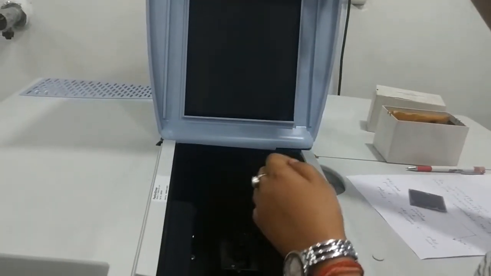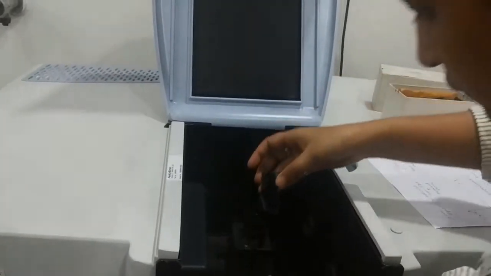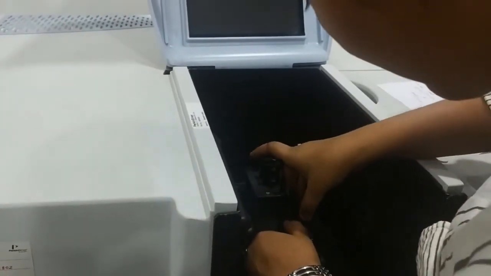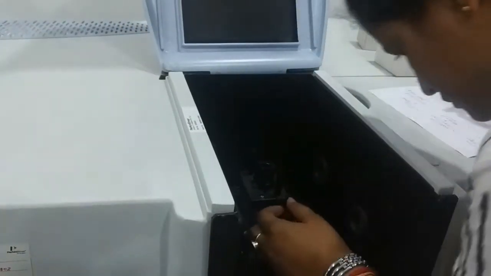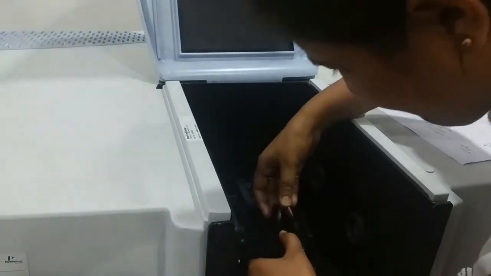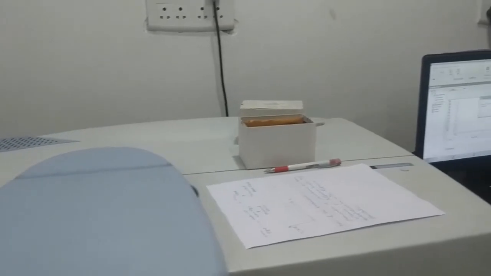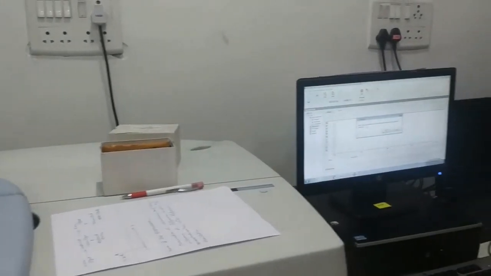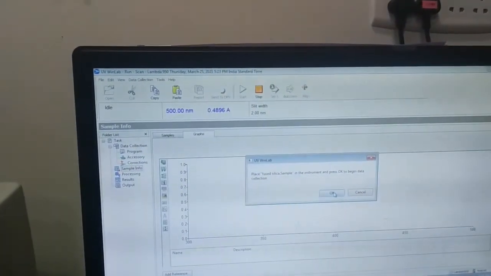Now we will put the sample inside the sample compartment part. Door. Then we click OK.